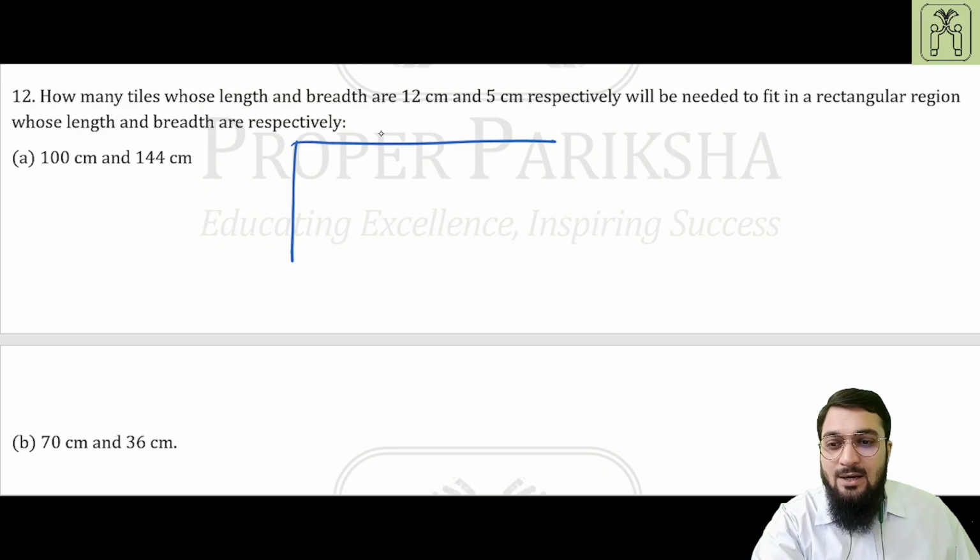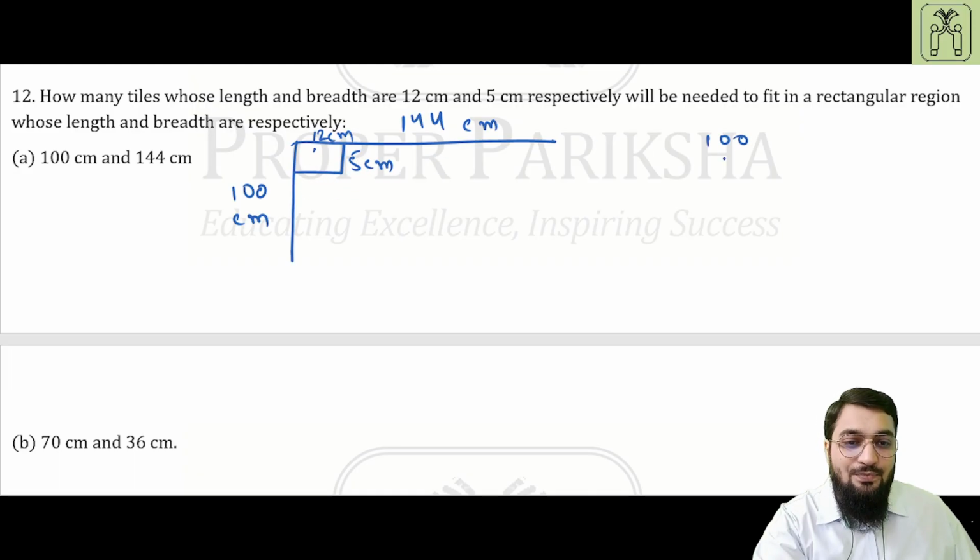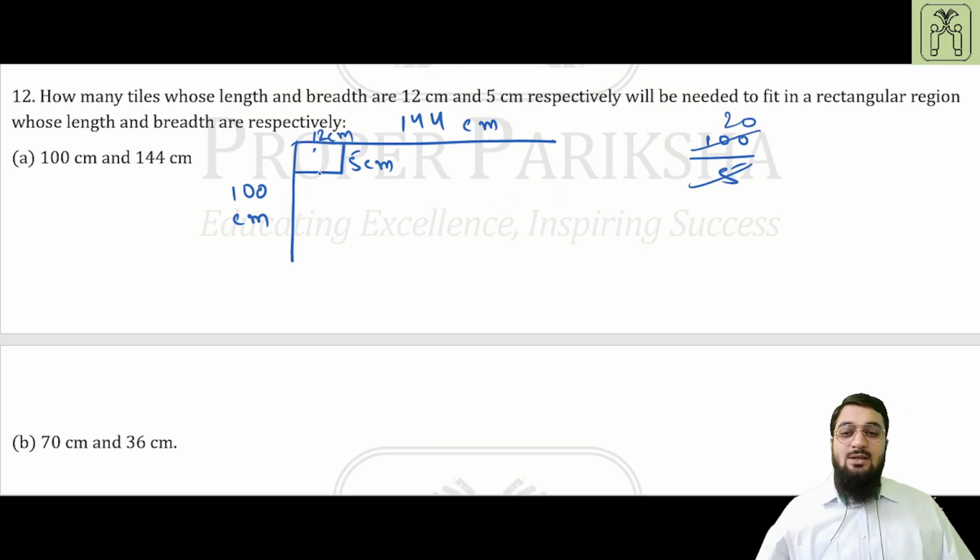and you will make over here 144 centimeter and over here 100 centimeter. The length is 12 centimeter, so you will write over here 12 centimeter, and the width is 5 centimeter, so you will write 5 centimeter, and you will divide 100 by 5 and you will get the answer as 20, and therefore the number of tiles in